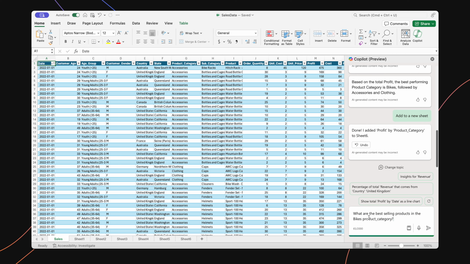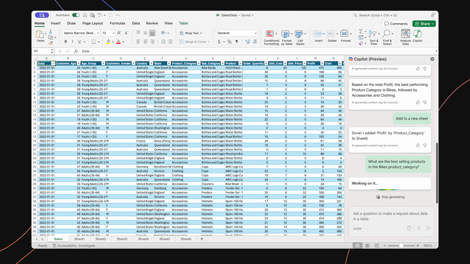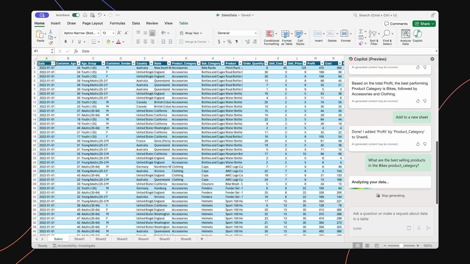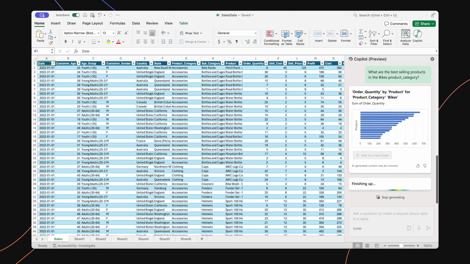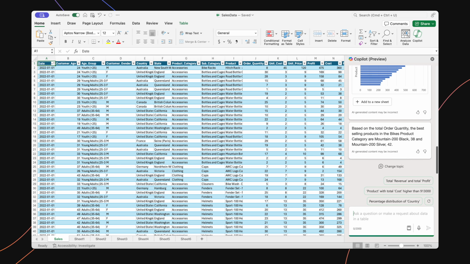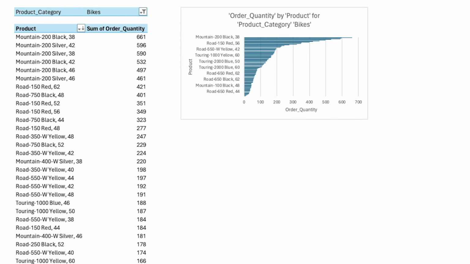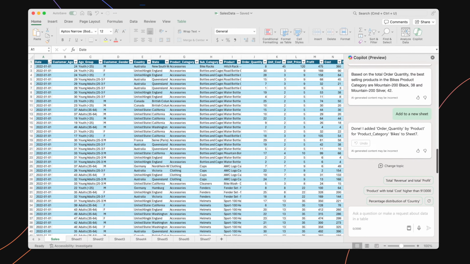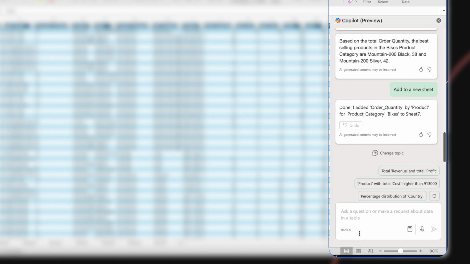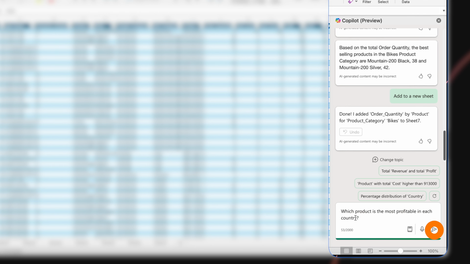Next, let's go a layer deeper by asking it what the best-selling products in the bike product category are. And once again, it provides us a decent answer with, of course, an optional chart, which would, yes, create another sheet. But for this business, we can then quickly see from our Copilot prompt that the Mountain 200 bikes are their best performers. Okay, let's get a better understanding of our global insights and ask it which product is the